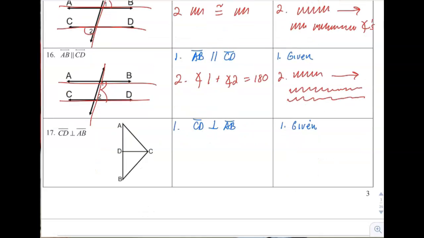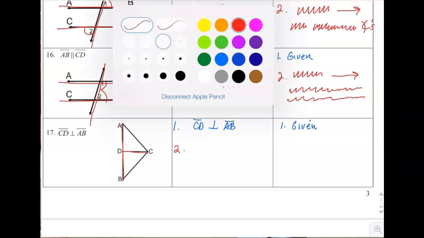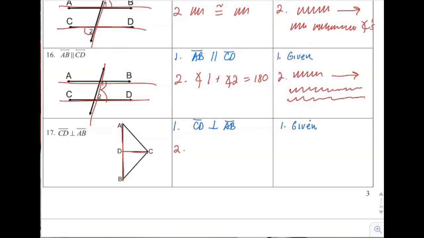And in 17, this is where it gets different. It told us that this was perpendicular to this. We did one like this in class. If you have perpendicular, then you know that's 90 and that's 90. So we're going to say angle ADC is congruent, that's this one here, is congruent to this one, which is angle BDC,